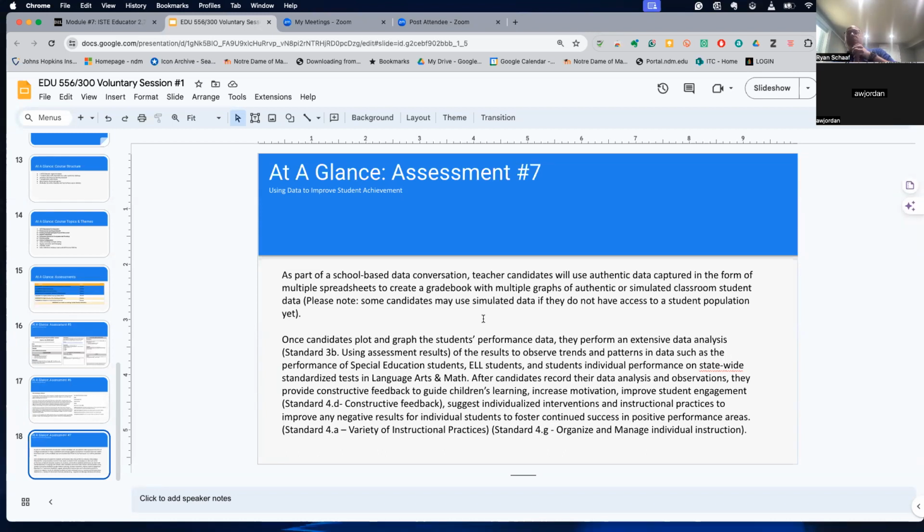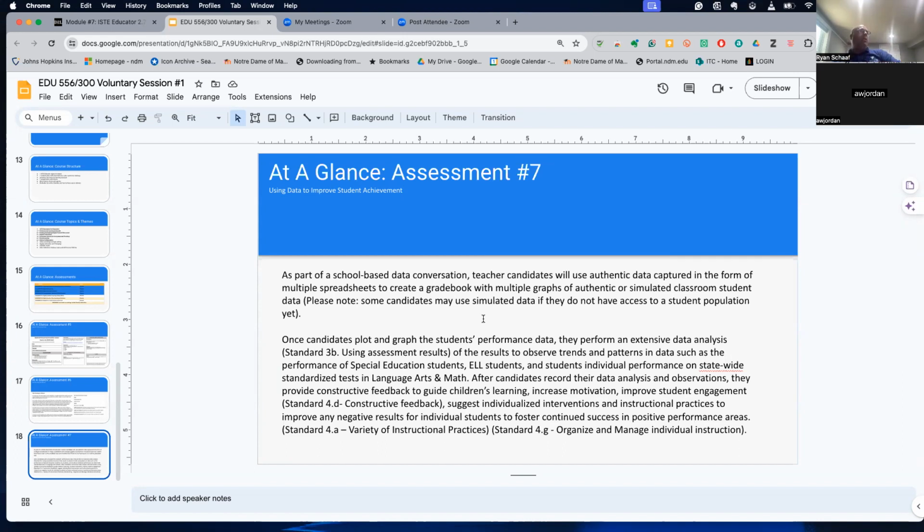Then they make informed instructional decisions. You'll actually be working with Microsoft Excel. You'll be graphing inside of Microsoft Excel, and then you'll also be performing an analysis. You'll be typing up a narrative based on what you found in your Microsoft Excel gradebook.